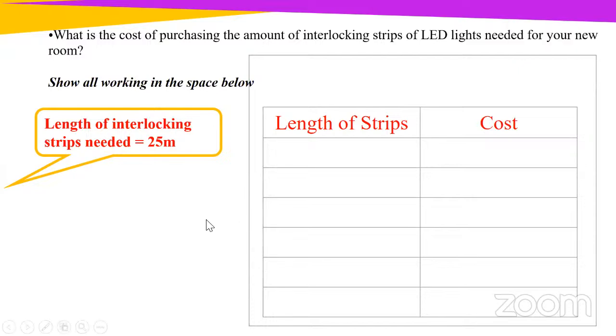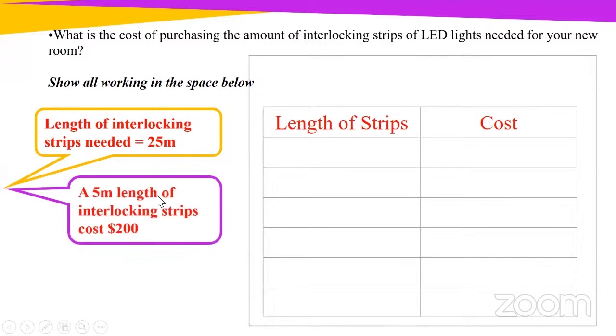Miss, 5 multiplied by 25. All right, stop a minute, boys and girls. I know we're all tired, but let us think for a moment. Miss, yes, 5 times 5. So if we have five lengths of interlocking strip, we will end up with our 25 meters. So that's what I want you to tell us first. How many of the strips would we need? So we would need 5.